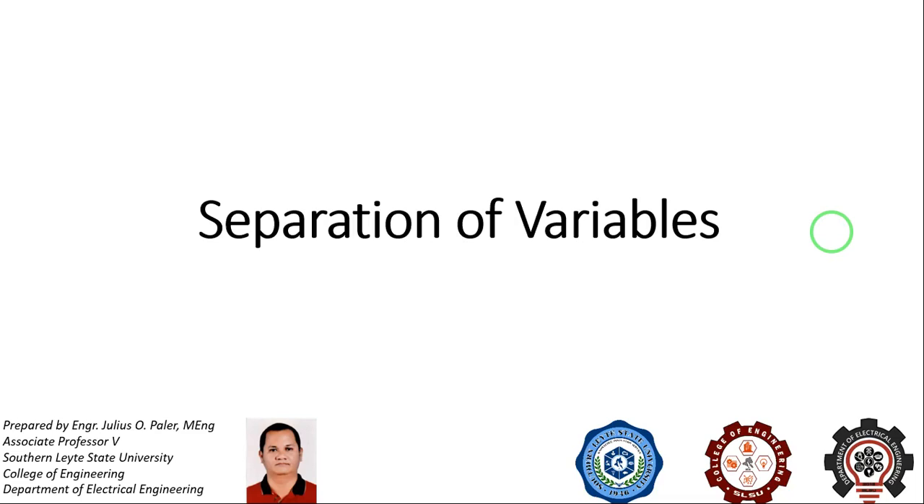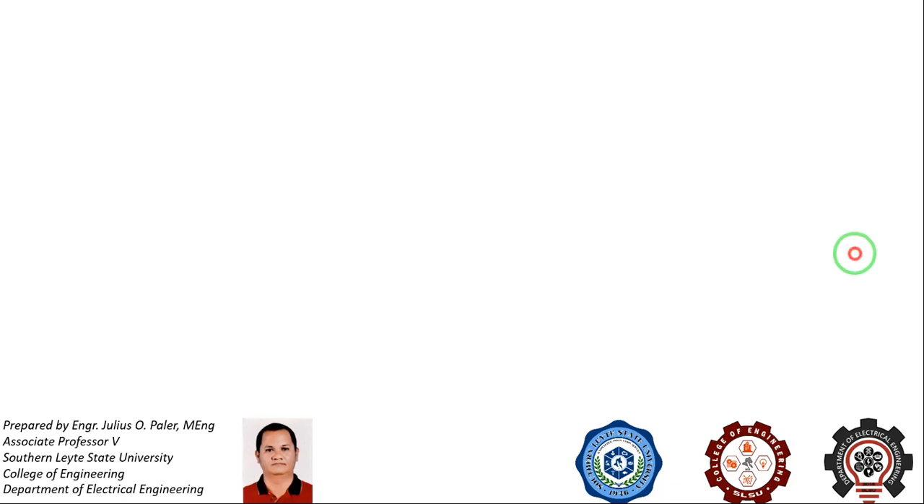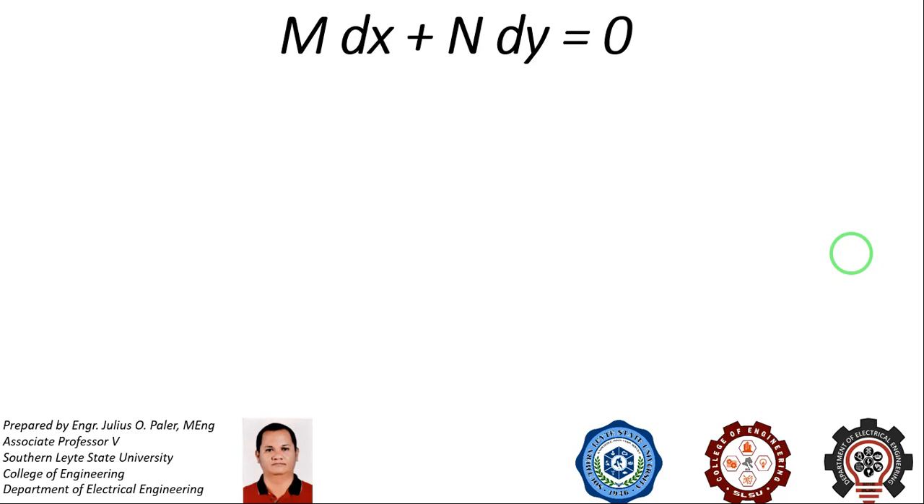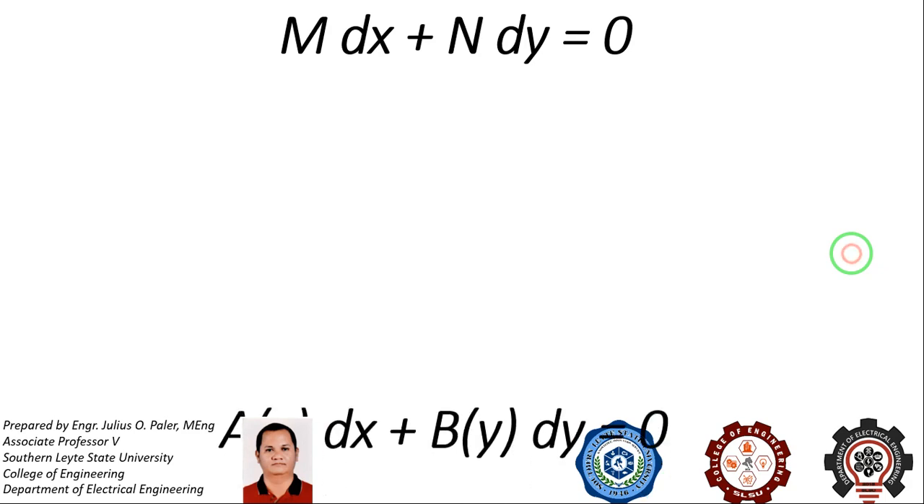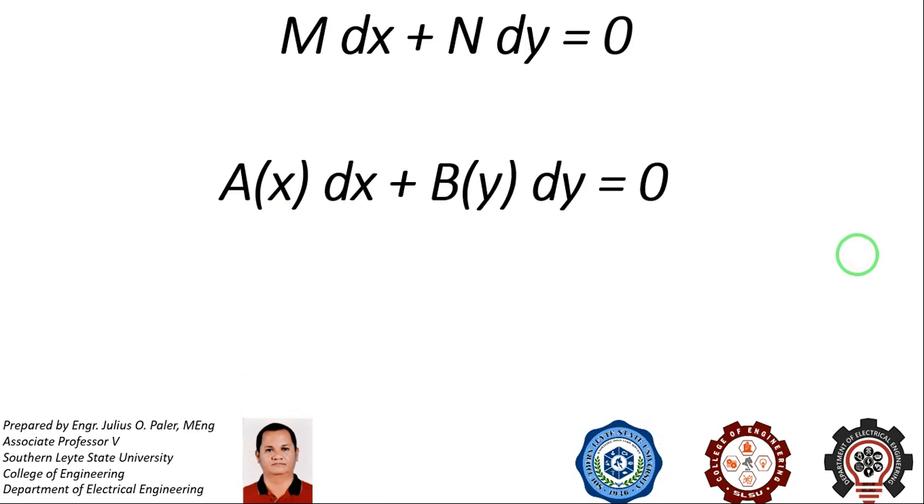Students, our topic is separation of variables, which is the first type of differential equation. The standard form of a first order differential equation is M dx plus N dy equal to 0. Since both M and N are functions of x and y, the idea of separating the variables is to simplify this equation into the form A of x dx plus B of y dy equal to 0,